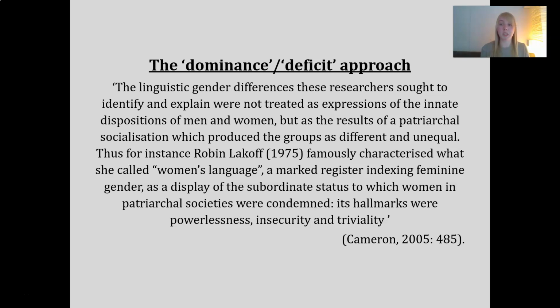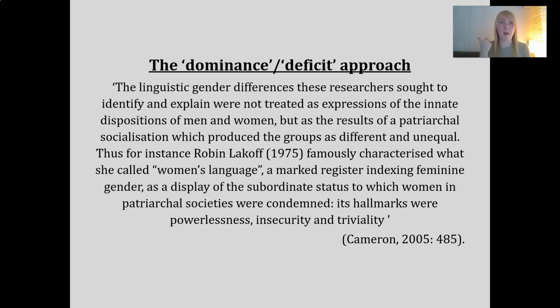What she was saying was, because society's been set up in these particular ways, it's encouraging women to be subordinate, and that is reflected in their language choices. And because that's reflected in their language choices, it's kind of keeping them in that subordinated position relative to men. So when we think about, for instance, many of these common stereotypes that persist today, about women being